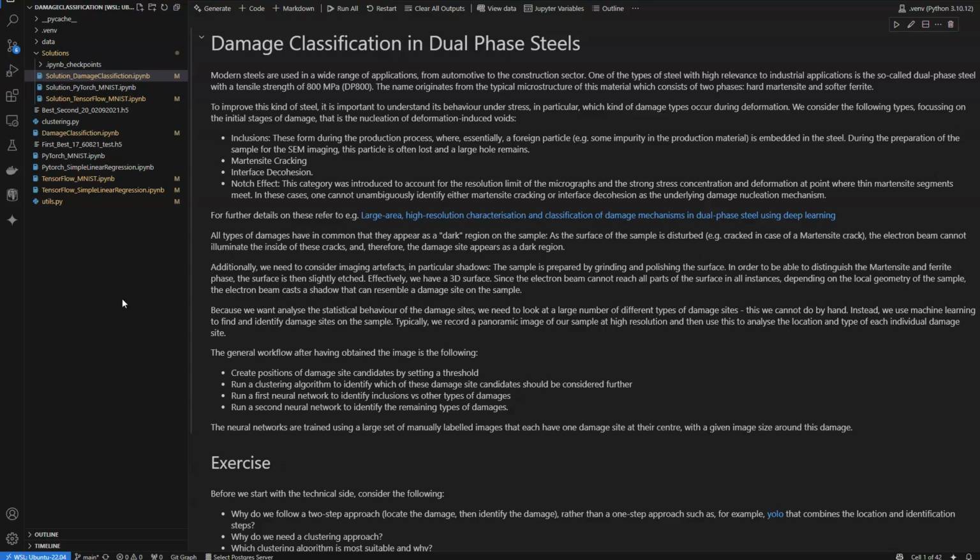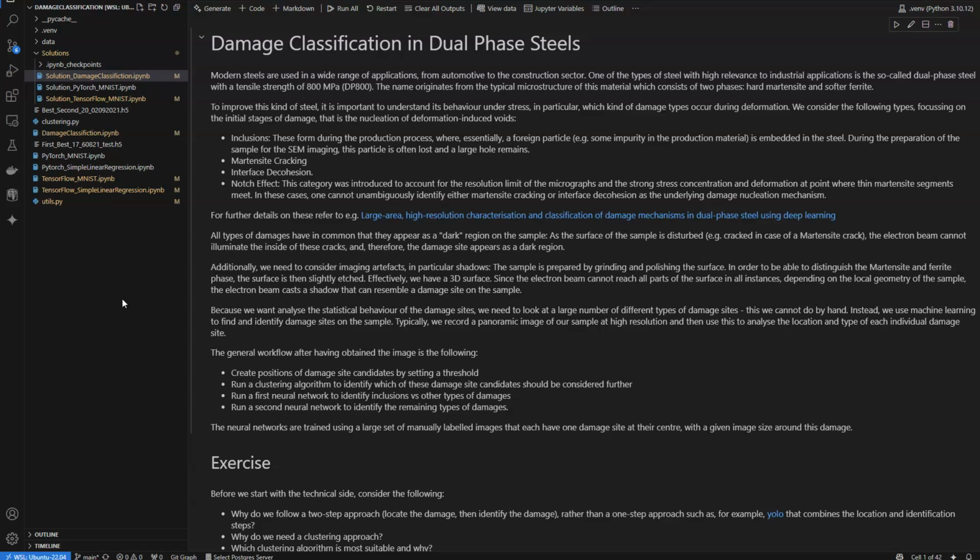There are also some imaging artifacts, in particular shadows. You can imagine that even if you prepare your sample very well, it will still have a very small but noticeable 3D structure. And so depending on how the electron beam hits the sample, you may have the situation that some of this 3D structure of the steel sample creates a little bit of shadow, just because of the geometry of how the electron beam hits the sample and then gets reflected to the detector. And that also leads to dark